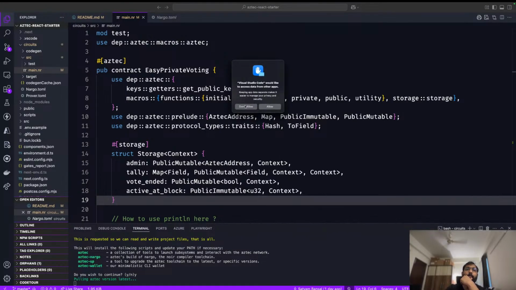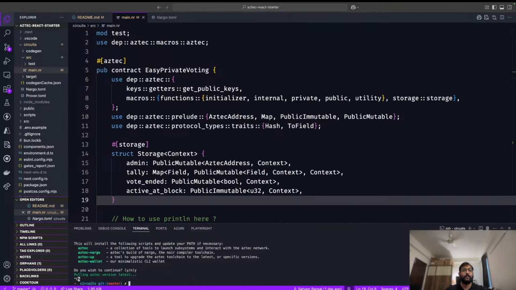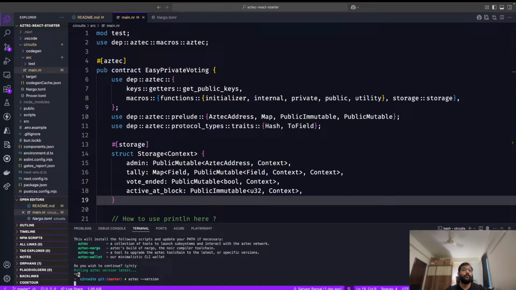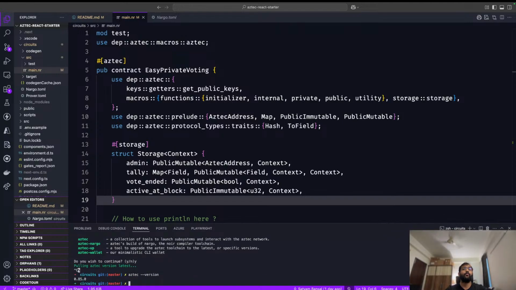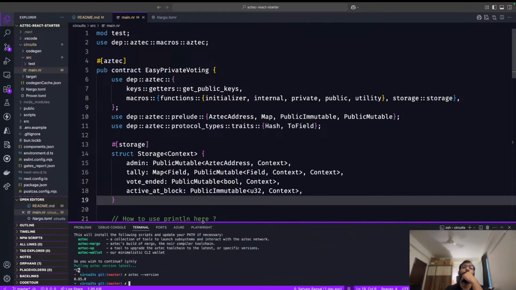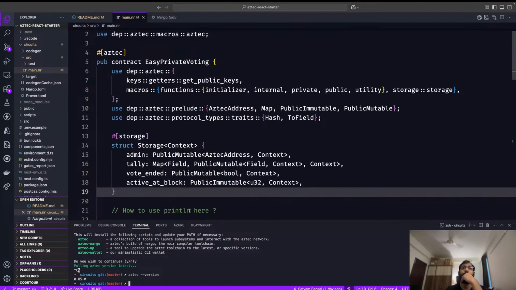Okay, I want to use the latest version actually, and the reason I'll tell you later why I don't want to use the latest version. Okay, so now we have started our Docker, so we should be able to